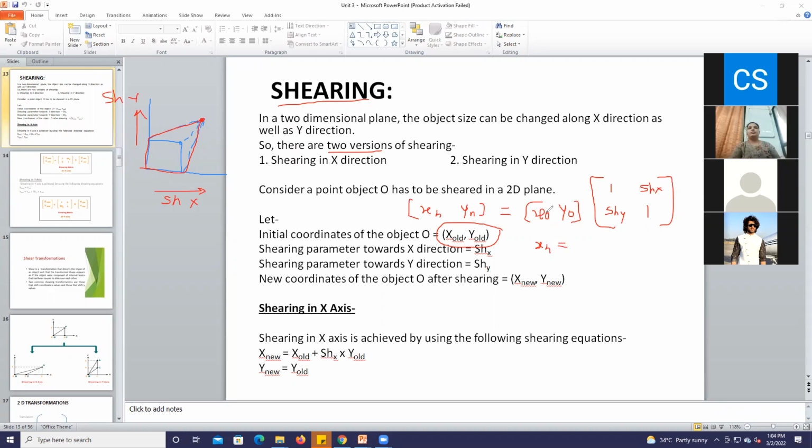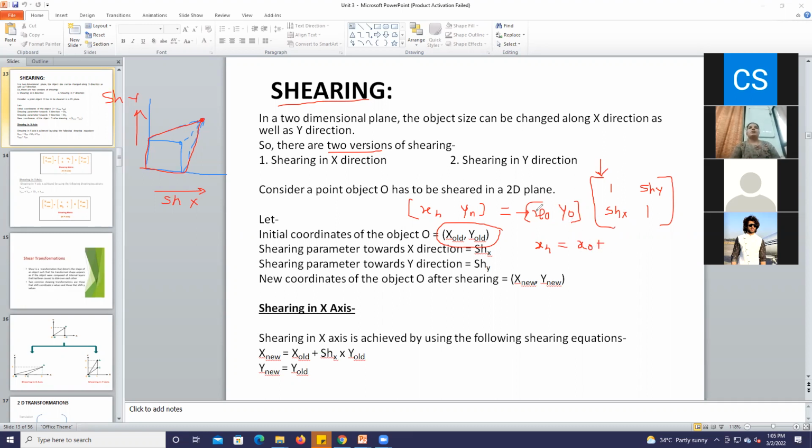What will be the value of x new? This row and first column's multiplication. So x0 into 1. So x0, that is x original as it is, plus y into shx, or you can have y into shy if we are going to transpose this, because that will be your shear along x-axis, we will say. So here I will have the shear along x-axis, and here I will have the shear along y-axis. Okay,